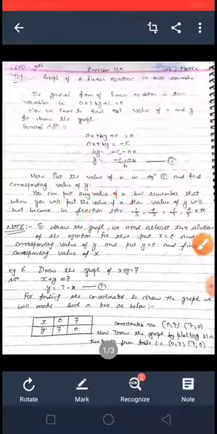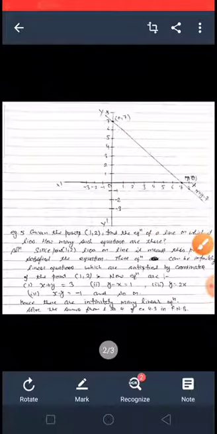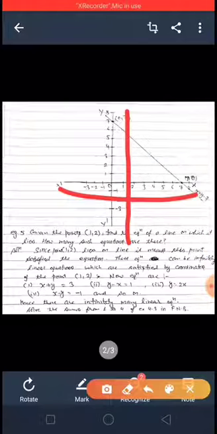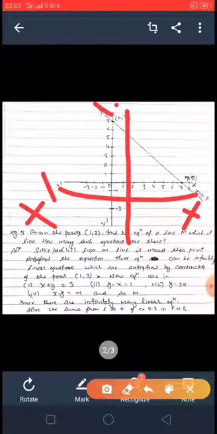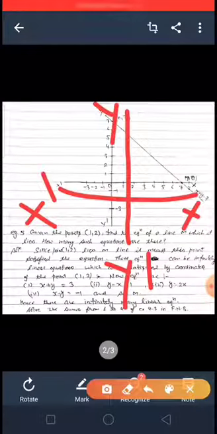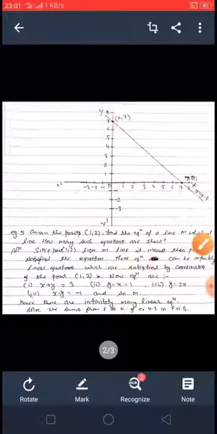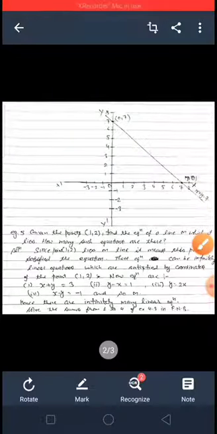Clear? Now for drawing the graph you have to take these two axes, one and this is the second. This is x, this is x dash, this is y and this is y dash, and where these two axes meet, this point is known as the origin. And to take the values on the right side, mark points 1, 2, 3, 4 and so on. Similarly 1, 2, 3, 4, 5 and so on. Clear? That depends on your coordinate values.